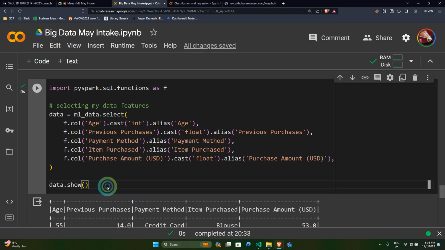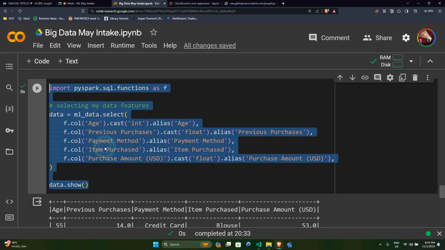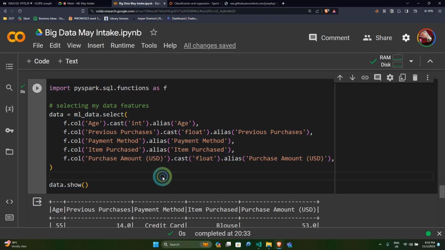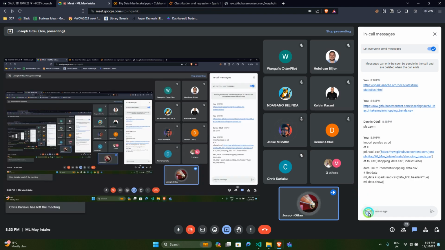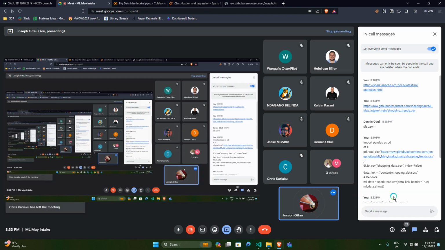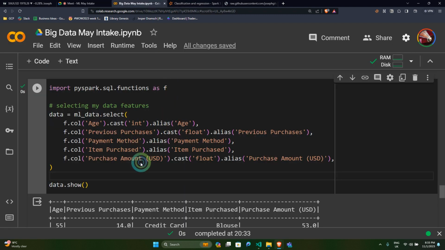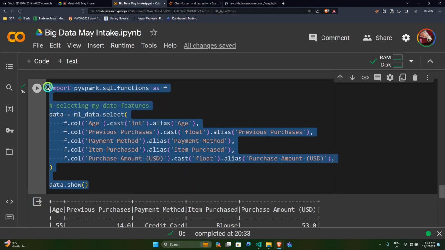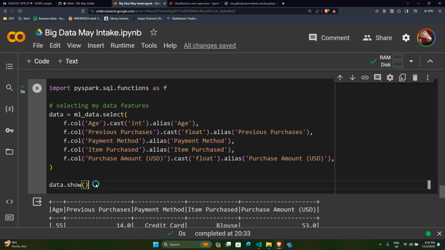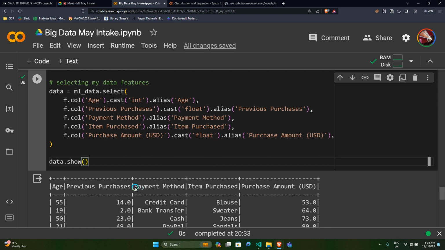So go ahead and copy this code. I'll give you 5 minutes to do so, and then we can proceed. You can see selecting columns in PySpark is somewhat different compared to Python. Let me share this code in the chat section before we proceed. Yeah, so I've shared it. So you can copy this and then we can proceed. The first thing we will do is convert these categorical columns that we have here to be numeric. So once you are done with that,